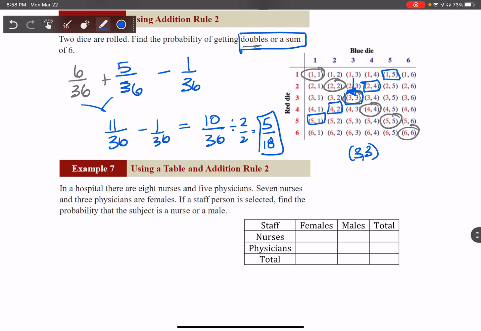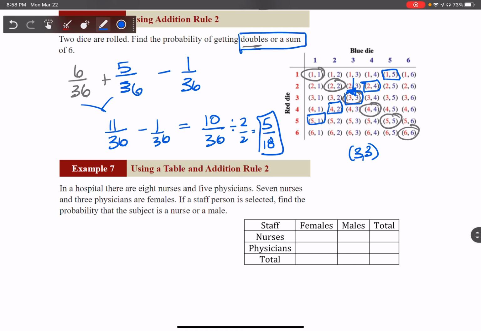All right, one more example. Yep, last example. In a hospital, there are 8 nurses and 5 physicians. 7 nurses and 3 physicians are females. If a staff person is selected, find the probability that the subject is a nurse or a male. All right, so let's fill in this table. It tells us we have